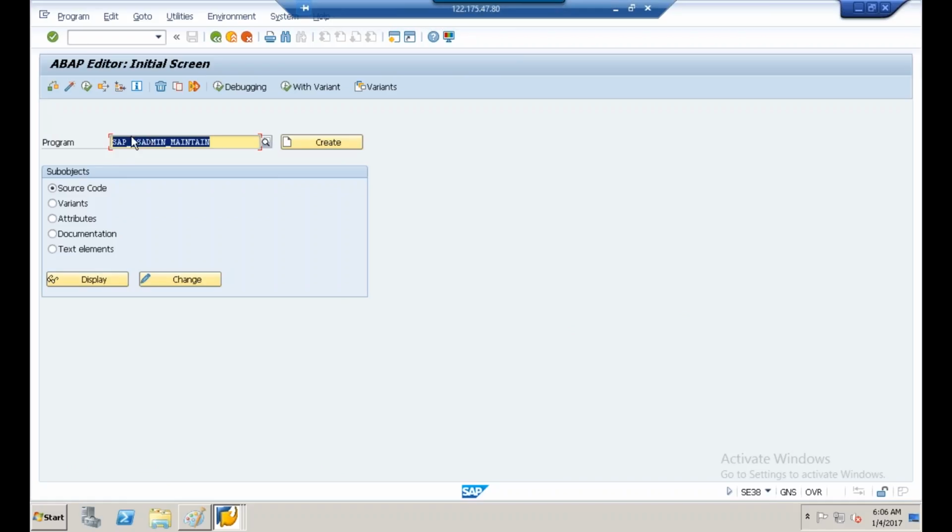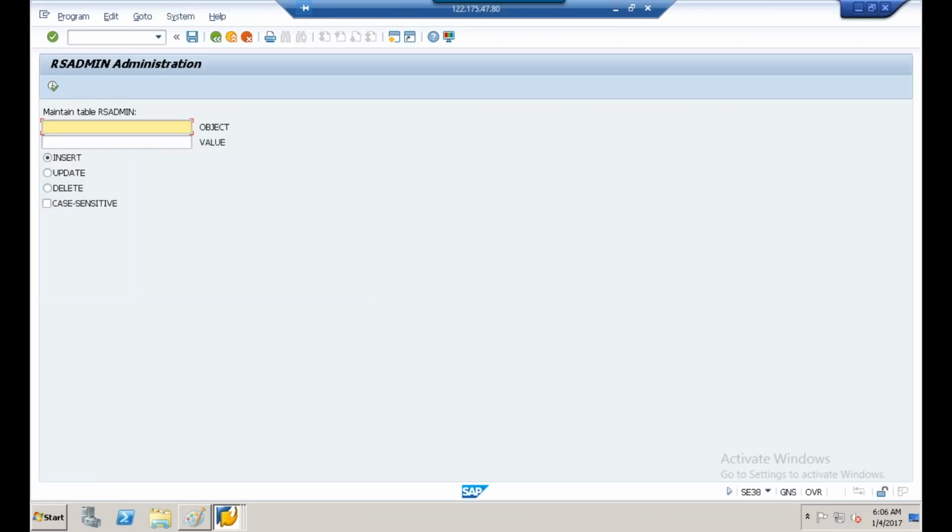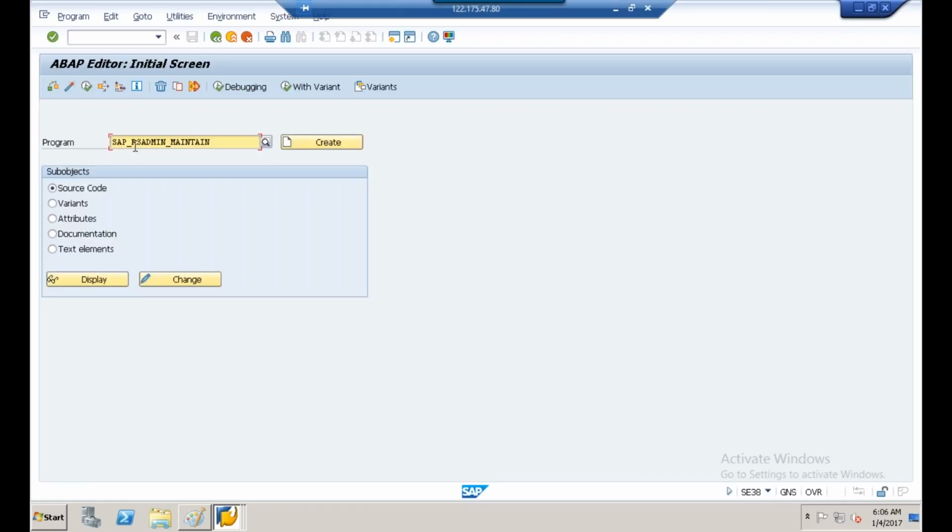Using this program, we can update the table. Once you click execute, maintain the RS admin table. If we want to maintain entries inside this table, we need to use the program SAP_RSADMIN_MAINTAIN. Where do we need to give this program? In SM38. In SM38, once you give this program name and click execute,